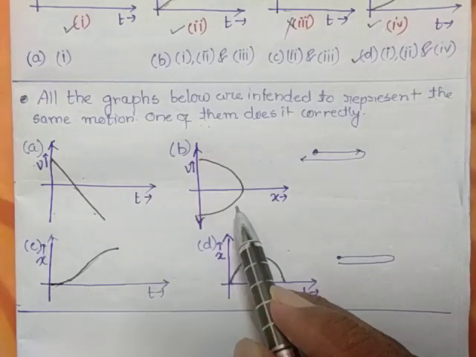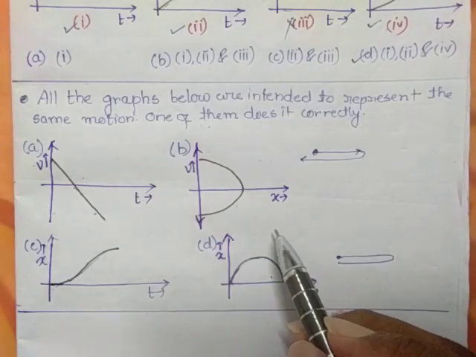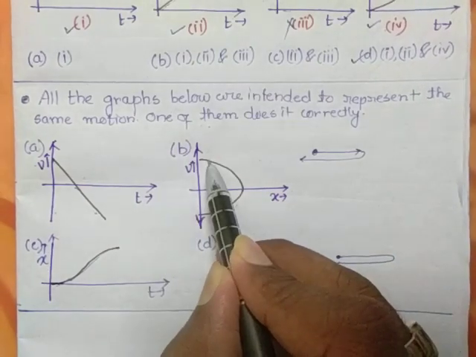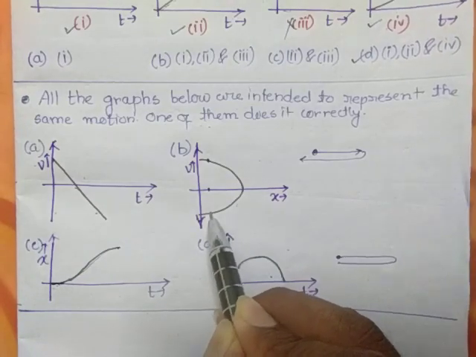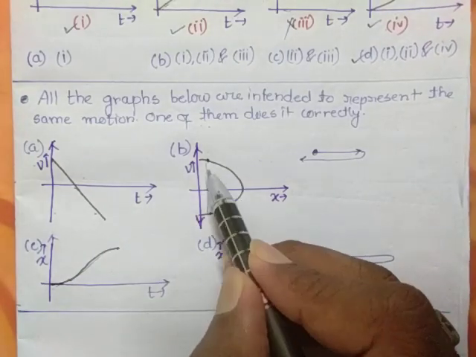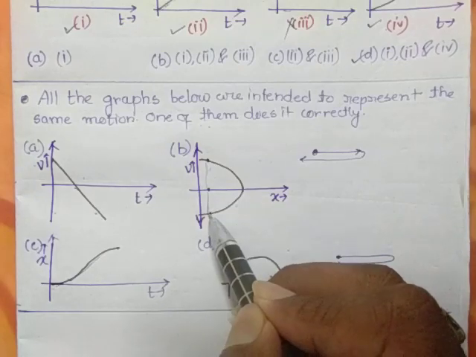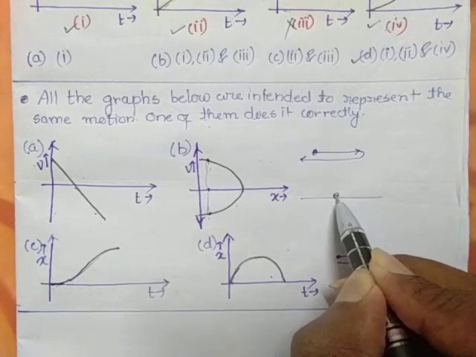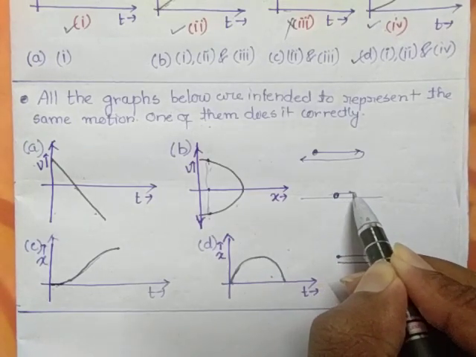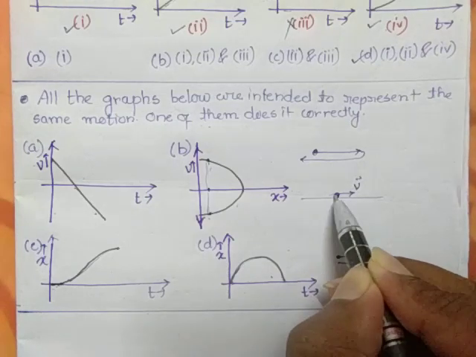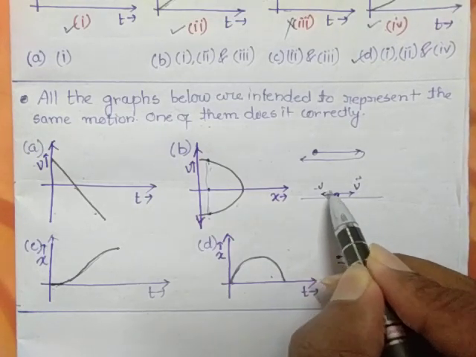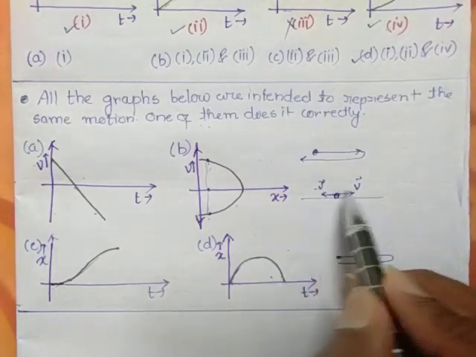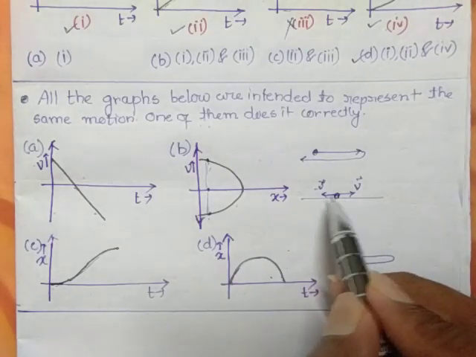So only one option is left, that is B. We have to check whether it qualitatively represents the motion or not. For one particular value of x, there are two velocities. If I say for one particular position the particle has two velocities, one positive and one negative. At one particular point of the motion, let us consider the particle is here, the particle has a positive magnitude of velocity in that direction, and a negative magnitude of velocity. It is not possible, then the particle will not execute the motion. If the velocities in both directions are the same, then the particle cannot execute the motion.